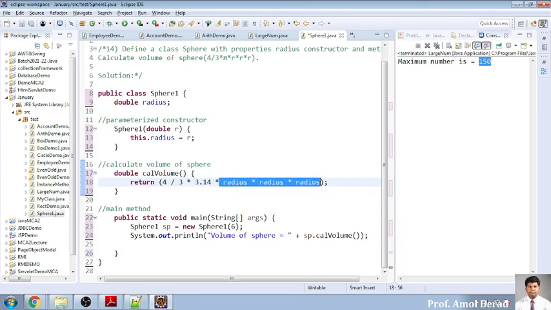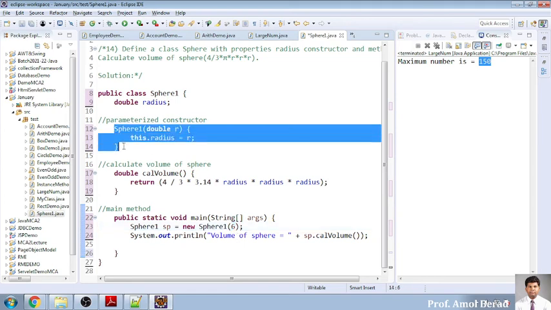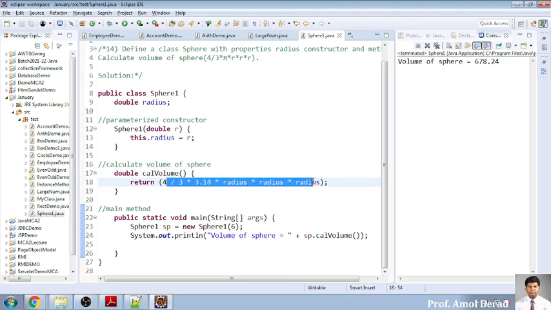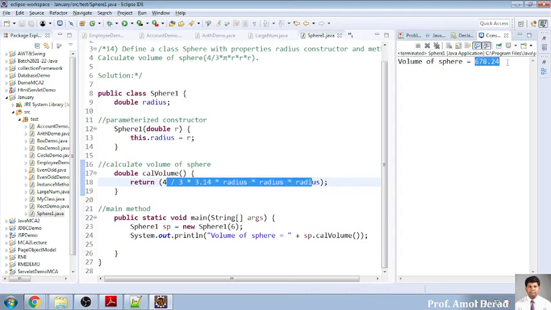So that will be calculated, and we are creating an object of the class, and into this constructor we are passing a value. As soon as this is initialized, it will execute and display the exact volume of the sphere. That's it. Okay, it's very simple, you can try it. The formula, बस इतना ध्यान में रखना है, it is 4 by 3 pi r cube. Okay, so it's the output. Is it clear?